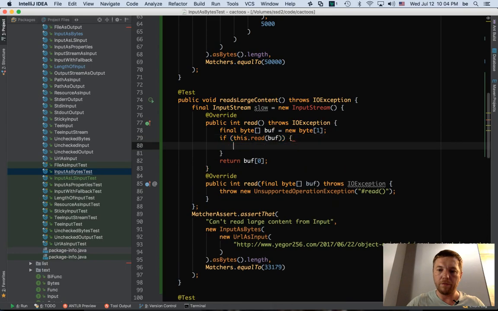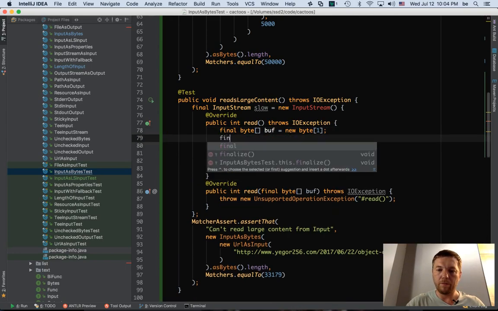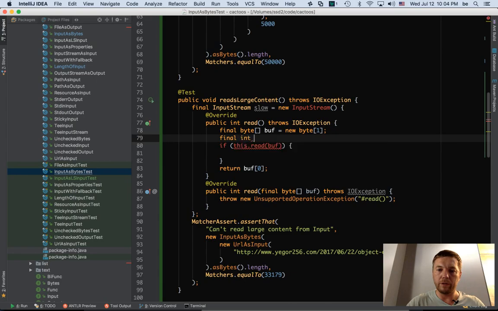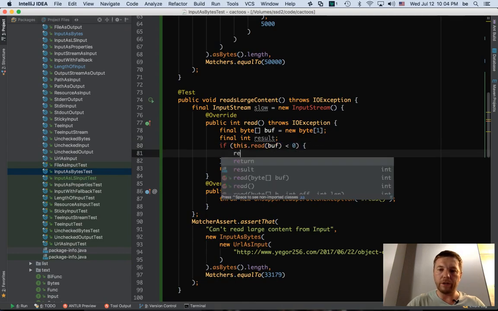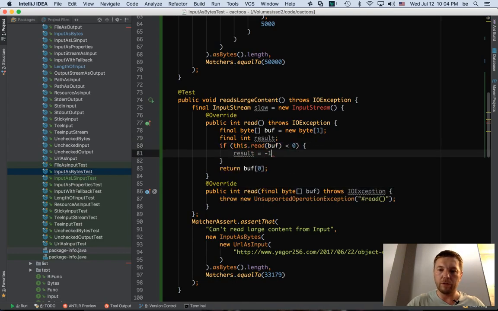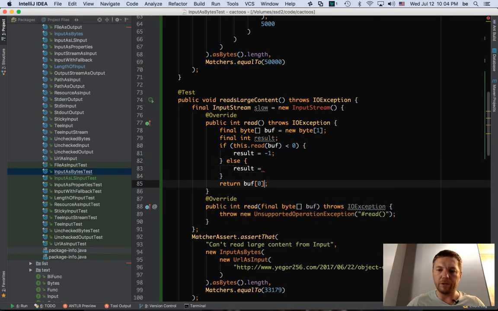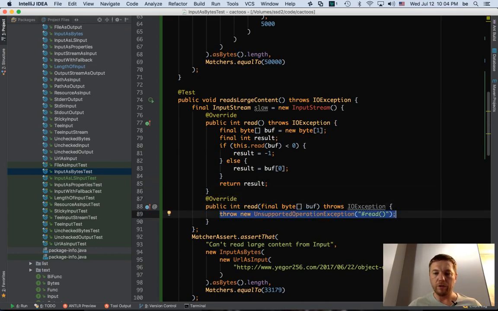If final int result is less than 0, I guess the result should be -1. Else, I'm not sure. I'm not a really big expert in this input-output stuff in Java, but I guess that's how it should be. Okay, so the read method will try to fill the buffer, not completely, not entirely. So it's not going to put everything into the buffer. What it's going to do is this. It will return